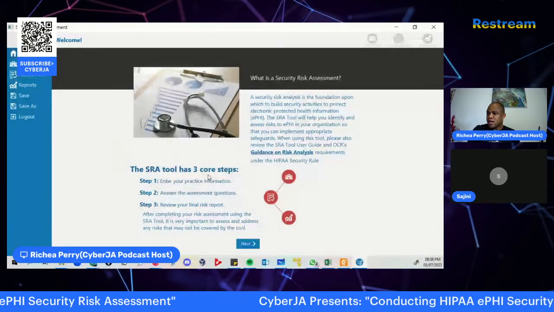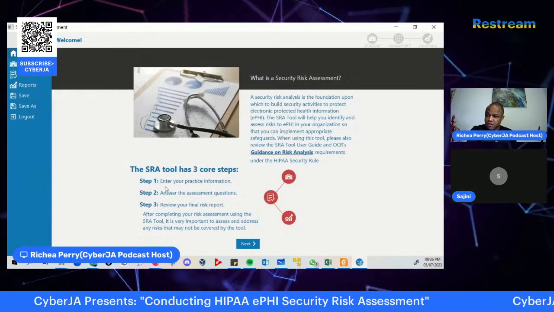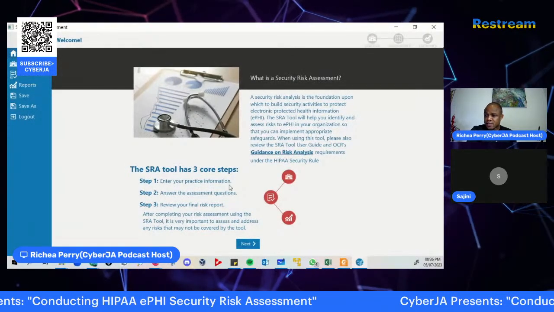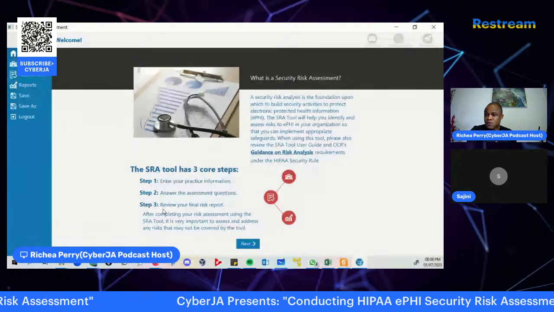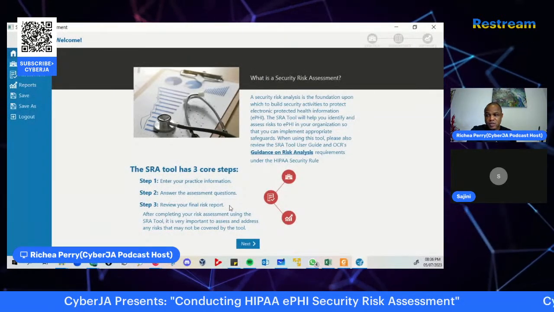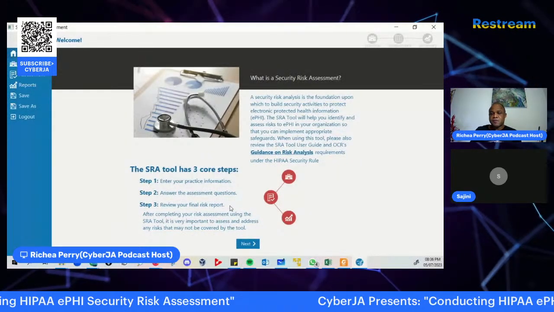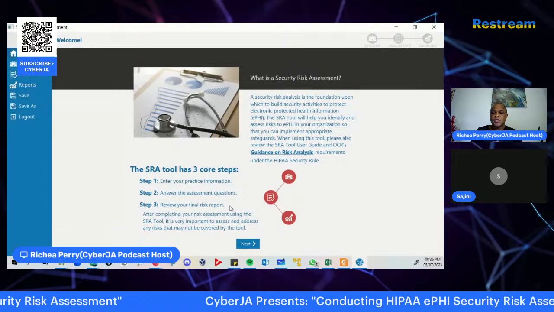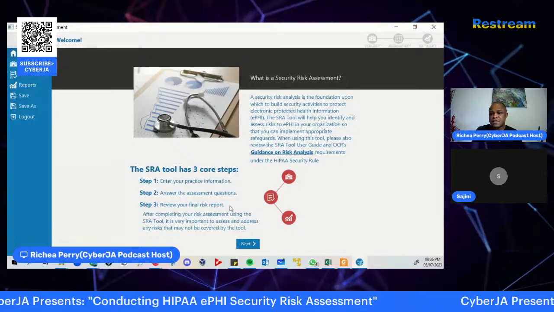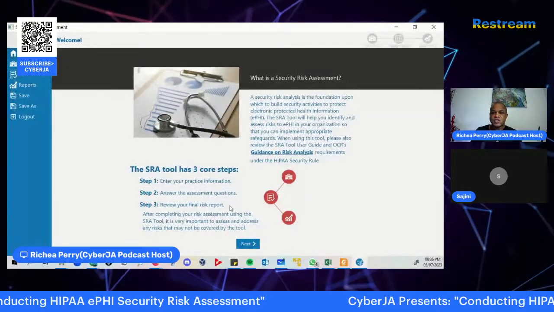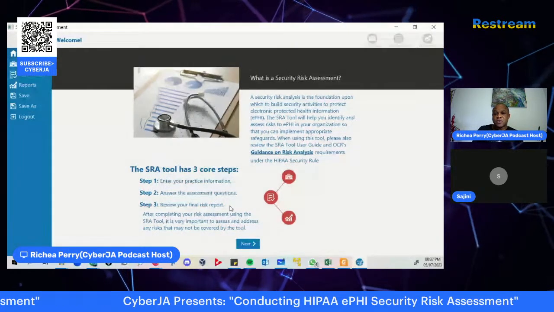The three steps are: enter your practice information, answer the assessment questions, then review your final risk report. Because that is the thing that you want. You want to understand your risk posture as an organization. You want to know what your risks are. You want to know where the gaps are in the system, in your organization, so that you're able to implement the necessary controls,